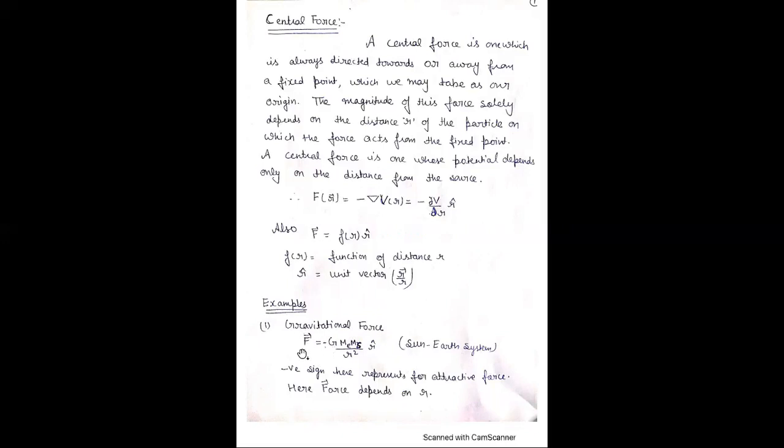और हमें पता है ग्रेविटेशनल फोर्स अट्रैक्टिव होता है, देयरफॉर ये नेगेटिव साइन रिप्रेजेंट्स द फोर्स ऑफ attraction. And here these are constants. G is the gravitational constant, Me mass of the earth is also constant, Ms mass of the sun is also constant. Therefore F depends only on r square, the distance between sun and the earth. Therefore F is a central force because central force depends only on r.